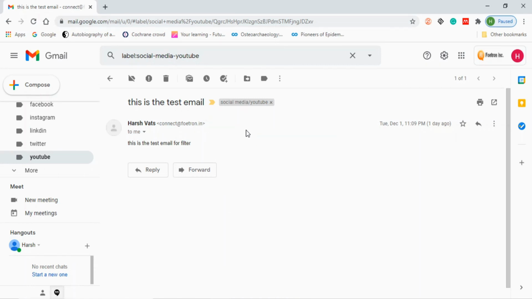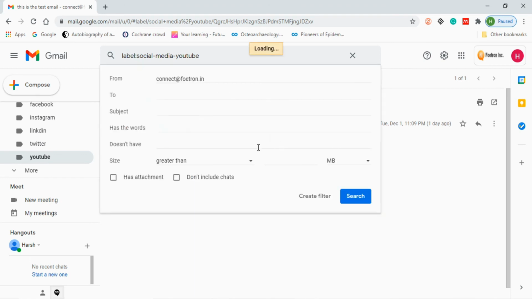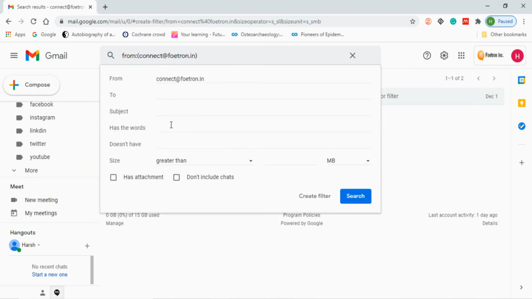And in certain cases, if you want it to work in an automatic manner, then you just click on more. After that, filter messages like this, and in here you will see something like this. Create a filter, for example the subject has test, or you can say YouTube, because this is particularly attached to YouTube.